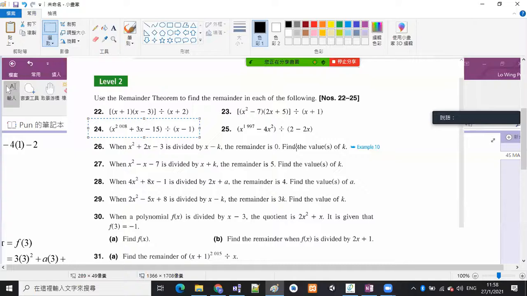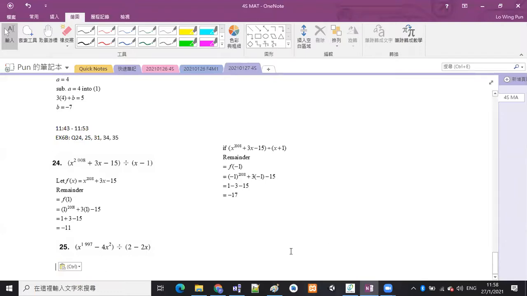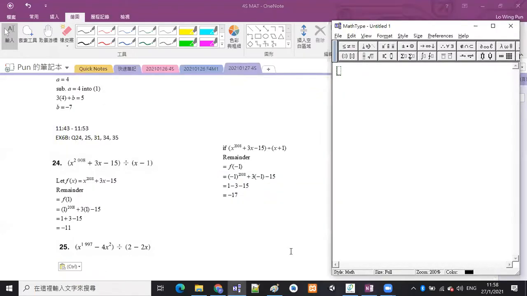And then number 25. I also want to show you something here. This time the dividend is x to the power 1997 minus 4x squared, and the divisor is 2 minus 2x. So we do the same thing. Let f(x) be x to the power 1997 minus 4x squared. Then we want to find the remainder, which is equal to